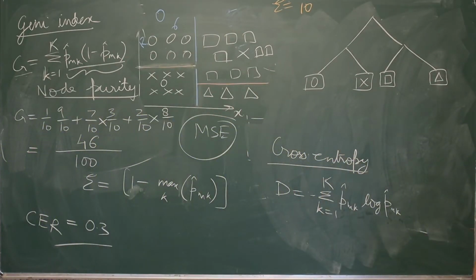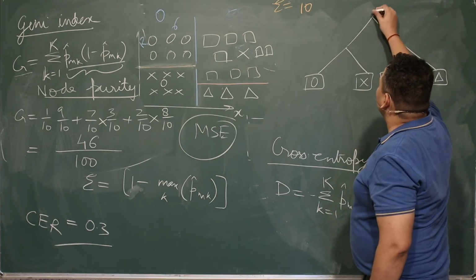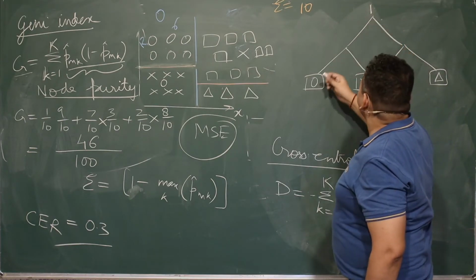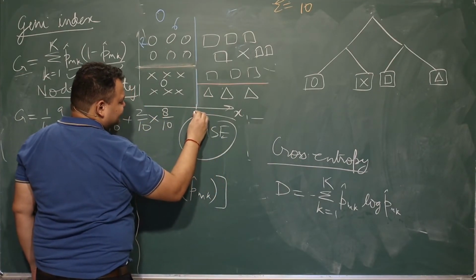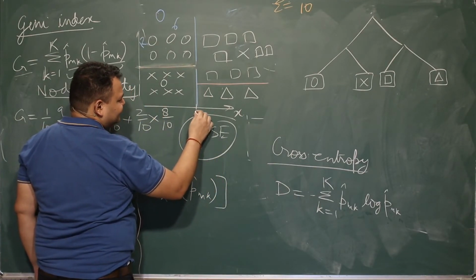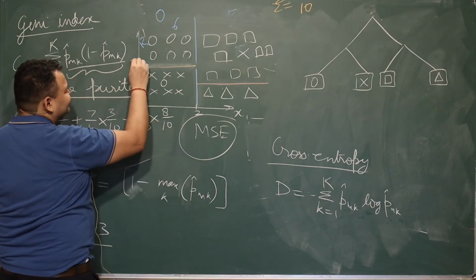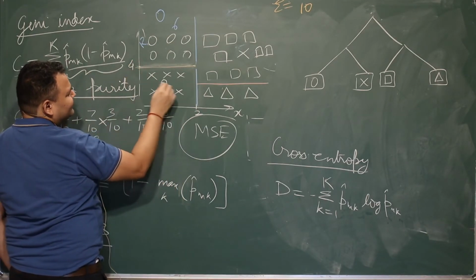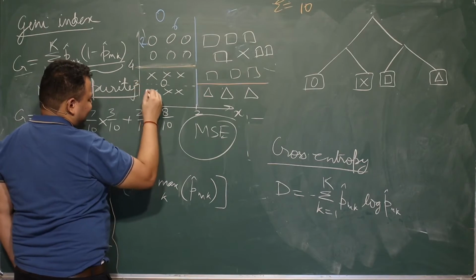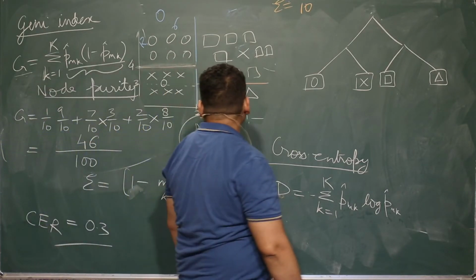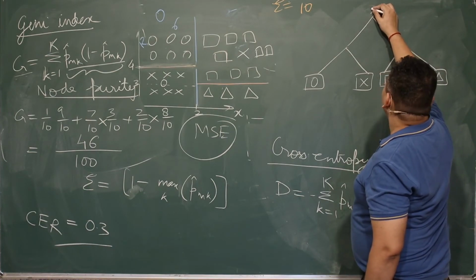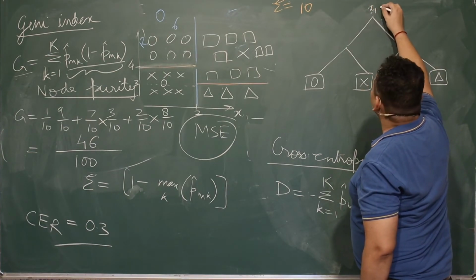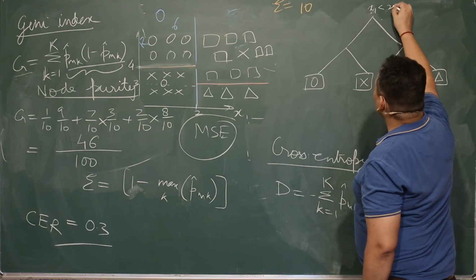Okay. So now we start from here. We have some condition. Obviously, there is some condition here. Let us call this x1, and let us say this is 2, this is 4, and this is 3. Okay. So what is the first condition? The first condition is x1 is less than 2.